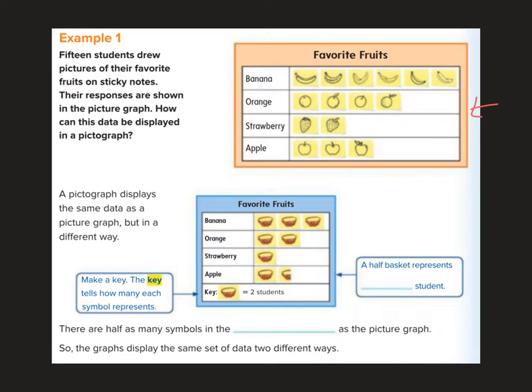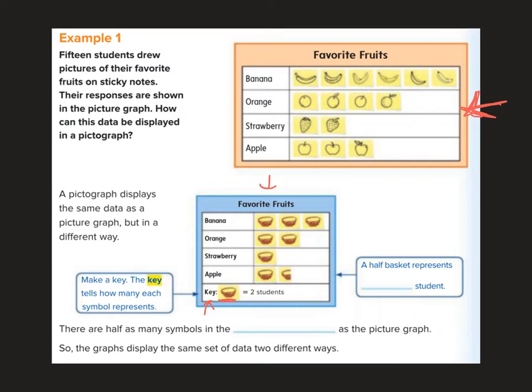Okay, so this is what we would call the raw data. They voted, put it up there, done. So let's look at how we can make this cooler, more interesting with a pictograph. The pictograph displays the same data as a picture graph, but in a different way. So our scaled picture graphs need to have a key that says for each one of these symbols, this is